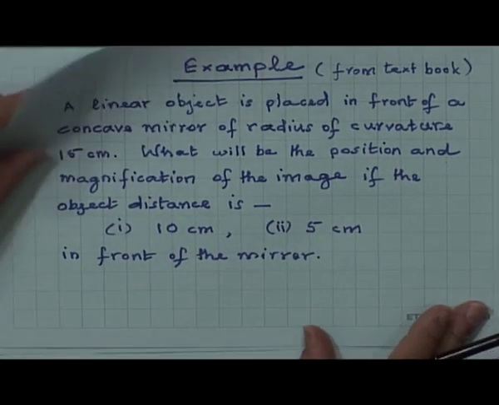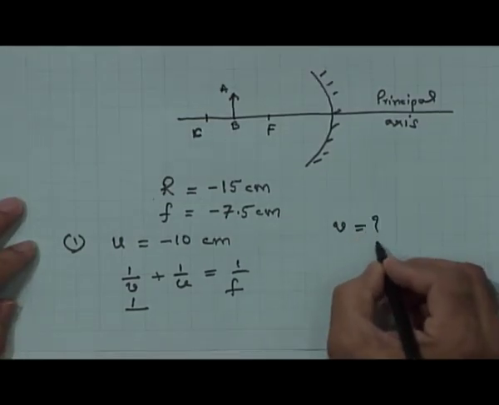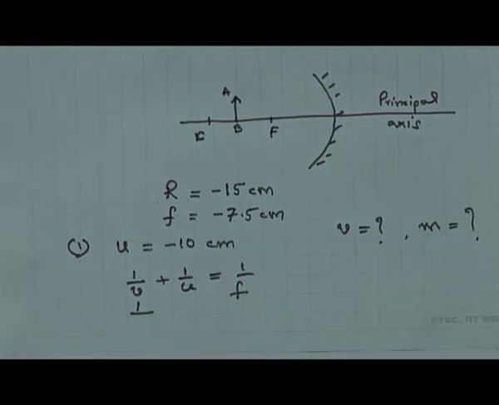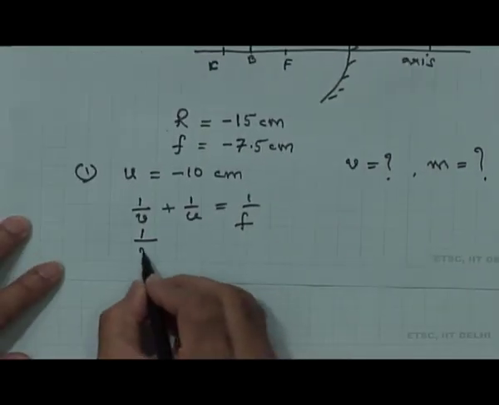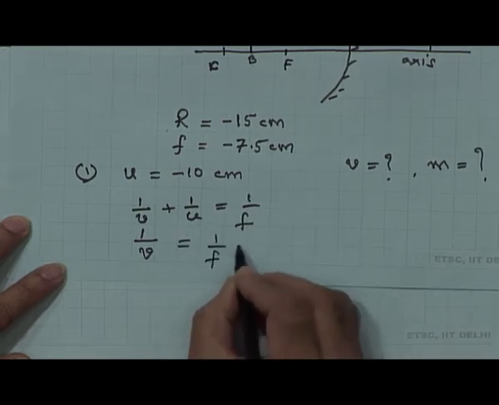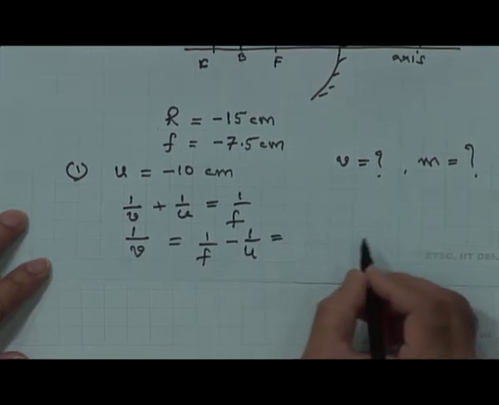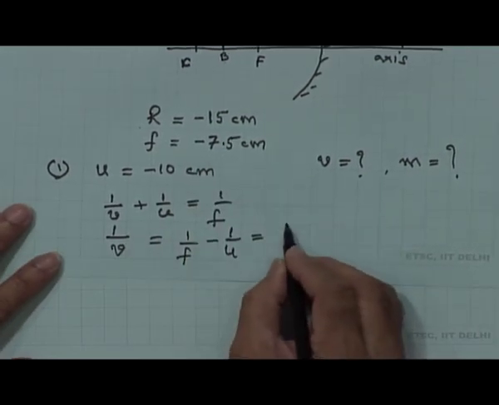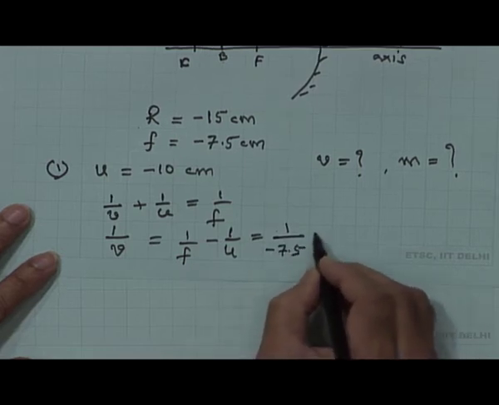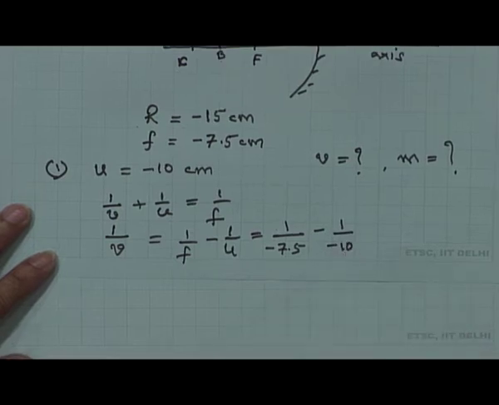So, what we need to find is v is equal to how much and m is equal to how much. So, 1 over v is equal to 1 over f, I will take this to the other side, 1 over f minus 1 over u, which is equal to 1 divided by minus 7.5 minus 1 divided by minus 10,